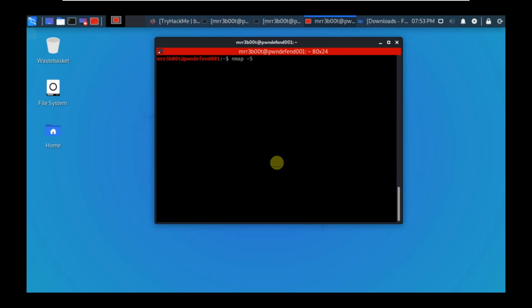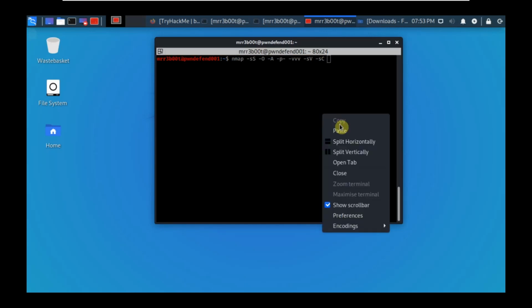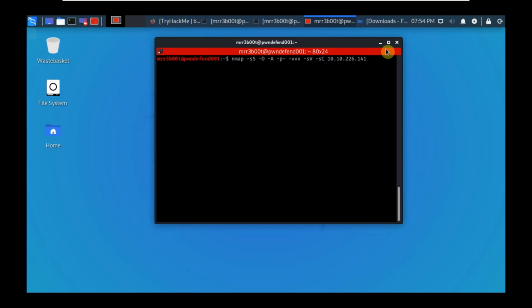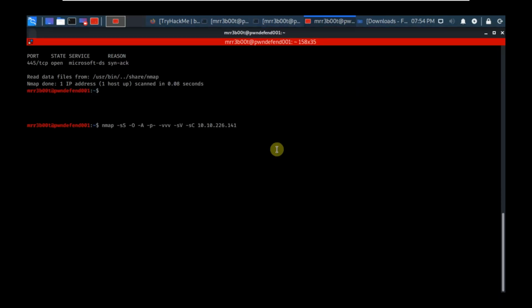So we're going to start with an nmap. We're going to do a SYN scan. We're going to do operating system detection, aggressive mode, or advanced mode, I can't remember which. We're going to do all ports. We're going to do verbose. We're going to do version scanning, and we're going to do common scripts. And we're going to give a target. sudo